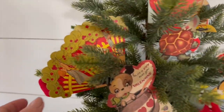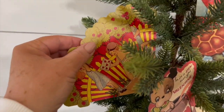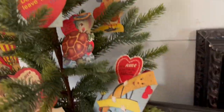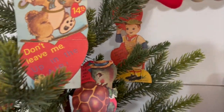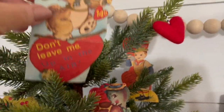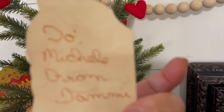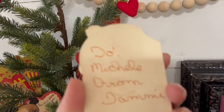And as you can see, I went ahead and added some decor just to keep this video from being super long. But I just have these old vintage Valentine cards, and I just placed them in this tree. And you can see, I want to show you this one. This one is from my sister Tammy, my older sister. She wrote on the back, and